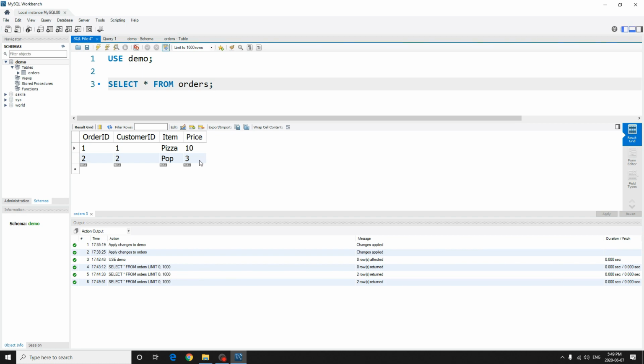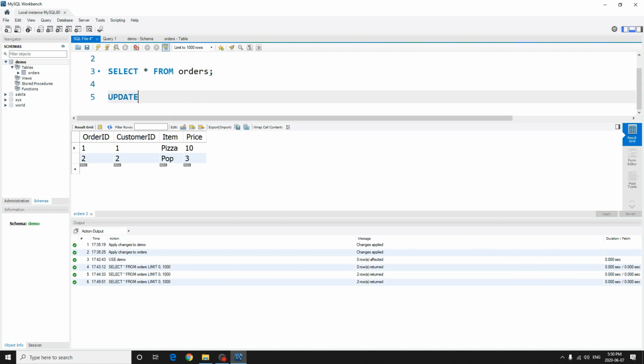Something that is worthwhile setting up initially is that MySQL Workbench has something called Safe Update. Let me demonstrate to you. If I try to update orders, set price equals to, let's try to change it, maybe our pop increased, where item equals pop. Okay. This is the exact same thing that we just did in our output window here. And if I try to run the statement,